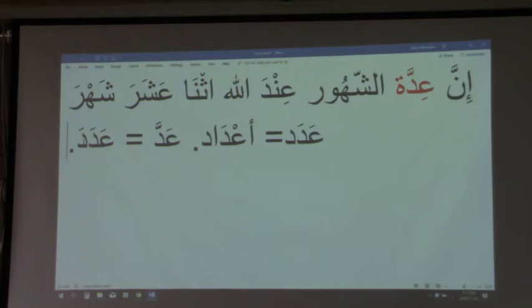Oh, so only the counting, okay. We think, oh, okay, only women. What do we think? Oh, a woman, okay, her iddah is clear. If her husband divorces her, or her husband passes away, what clicks in the mind? 3 and 4 and 10 days, right? And a man? Only counting. Right, now, something very important.